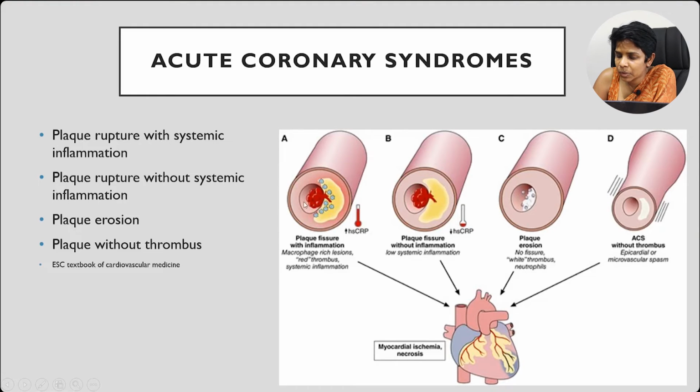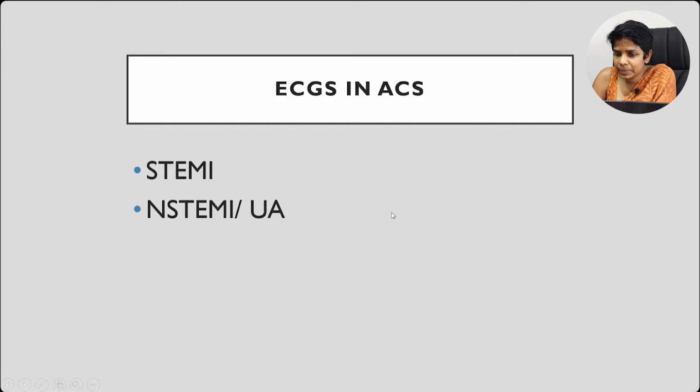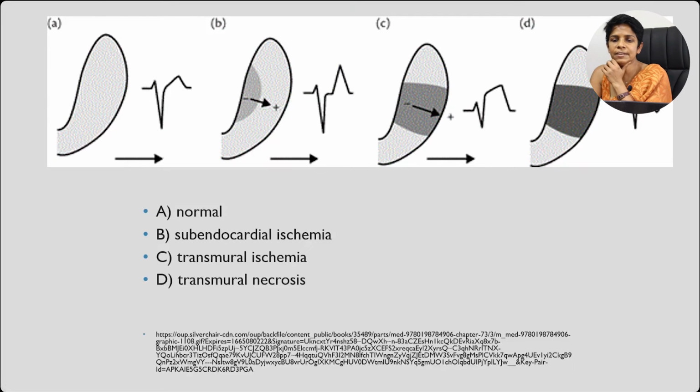If the thrombus completely occludes the artery, then ST elevation myocardial infarction occurs. If there is partial occlusion or just erosion of the plaque, you get either non-ST elevation myocardial infarction or unstable angina. So ECGs can be different in these two conditions, STEMI versus non-STEMI and unstable angina. In ST elevation MI,